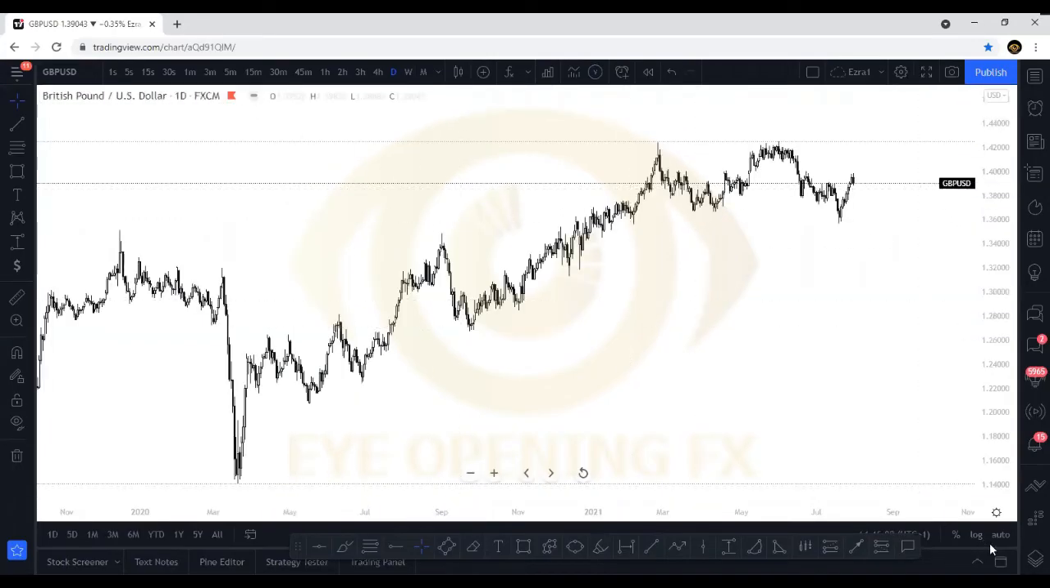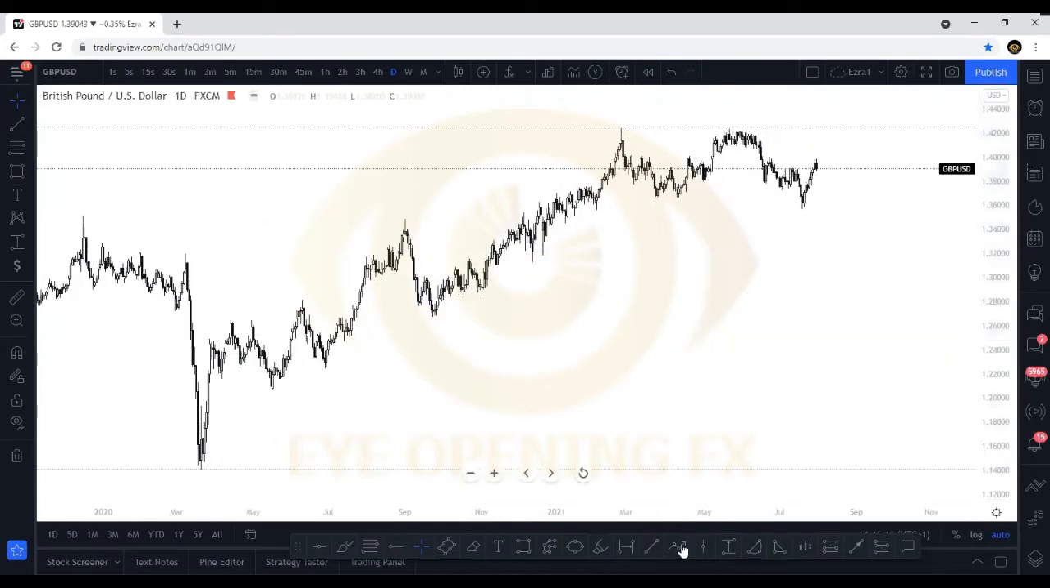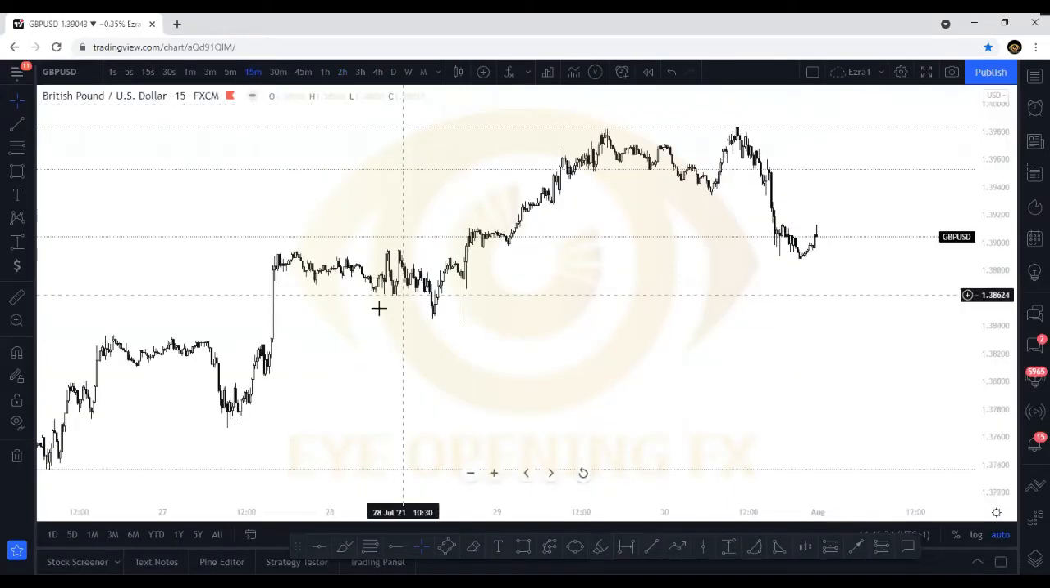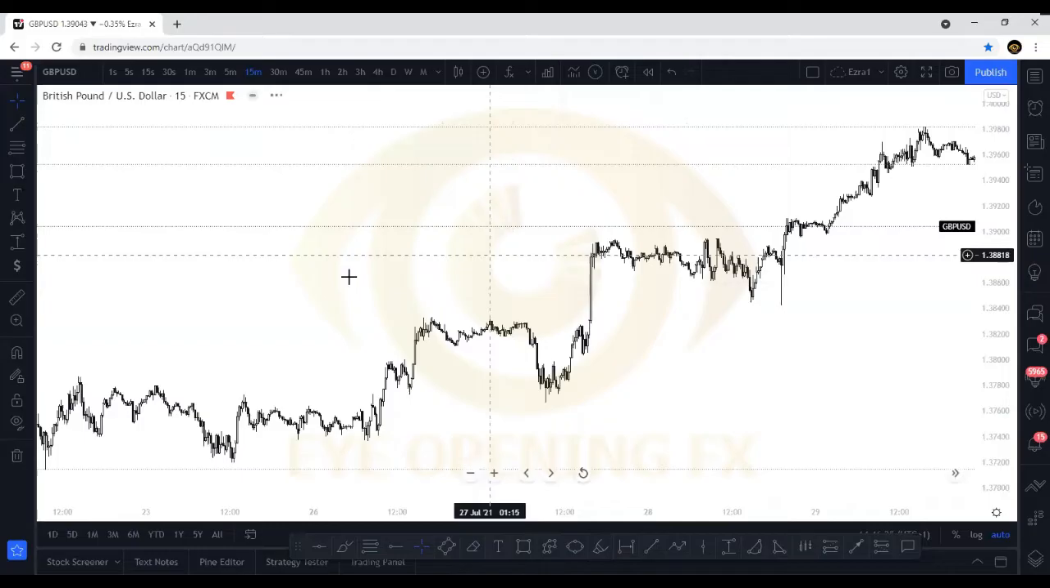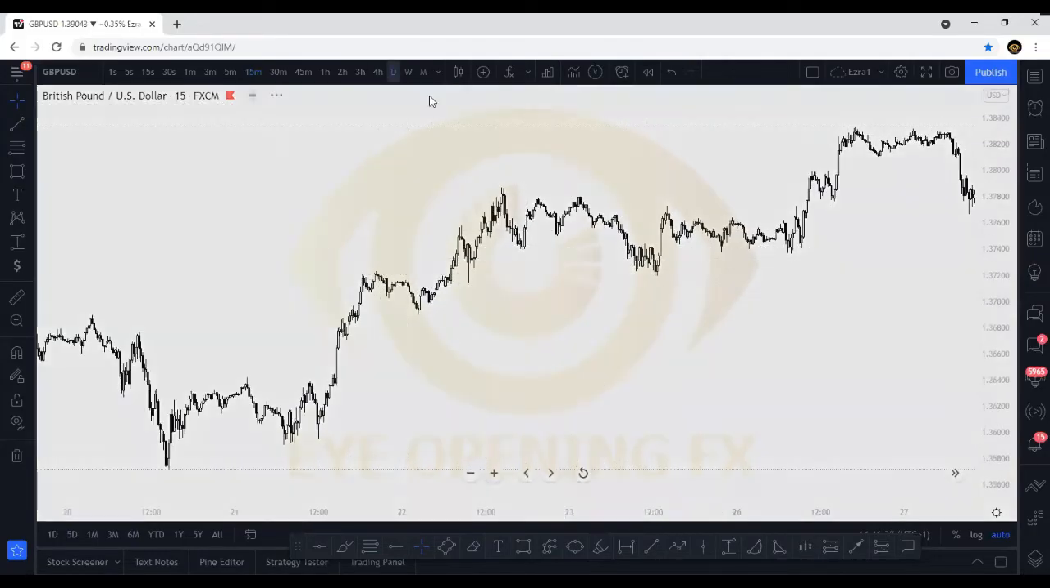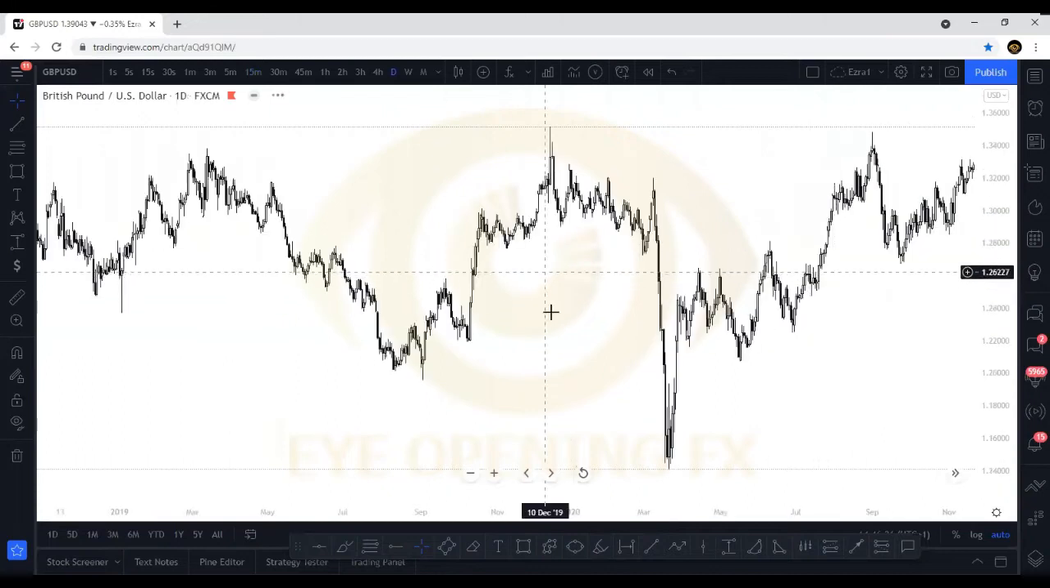Okay, now let's take, for example, British pounds against US dollar. Now let's not waste more time. Okay, let's use high time frame first. Now on this time frame,